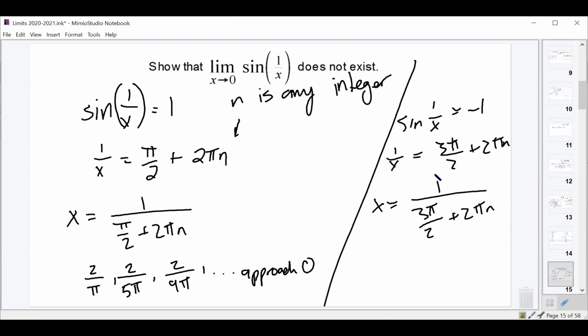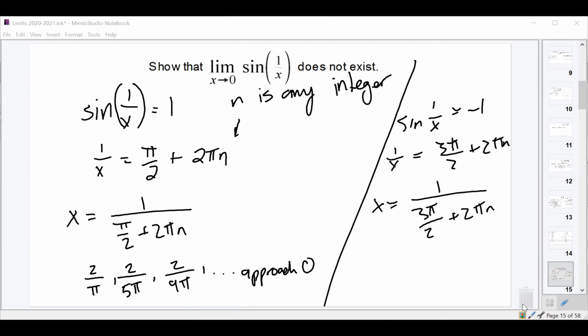Do you guys agree that there's an infinite number of these, since there's an infinite number of integers? Yeah. And these are also going to be approaching 0. Yes. And so what we're proving here is that there are an infinite number of times as I go towards 0 that this function hits 1, and there are an infinite number of times as I go towards x equals 0 that this function hits -1, which means that